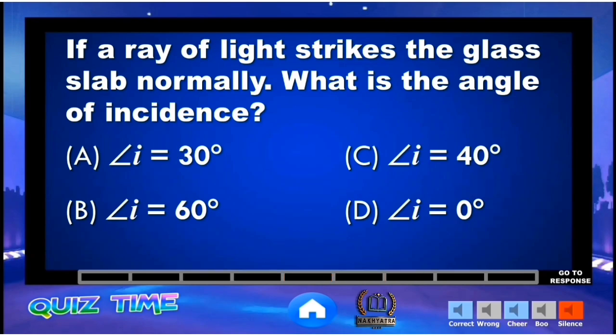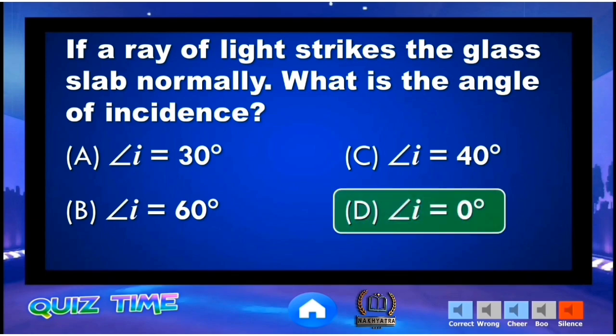Okay, time's up. So now can you tell me which is the correct answer? Yes, option D, that is angle I equal to 0 degree. The ray of light which is incident normally on a plain glass slab passes undeviated. Remember that. Such a ray suffers no bending at the surface and